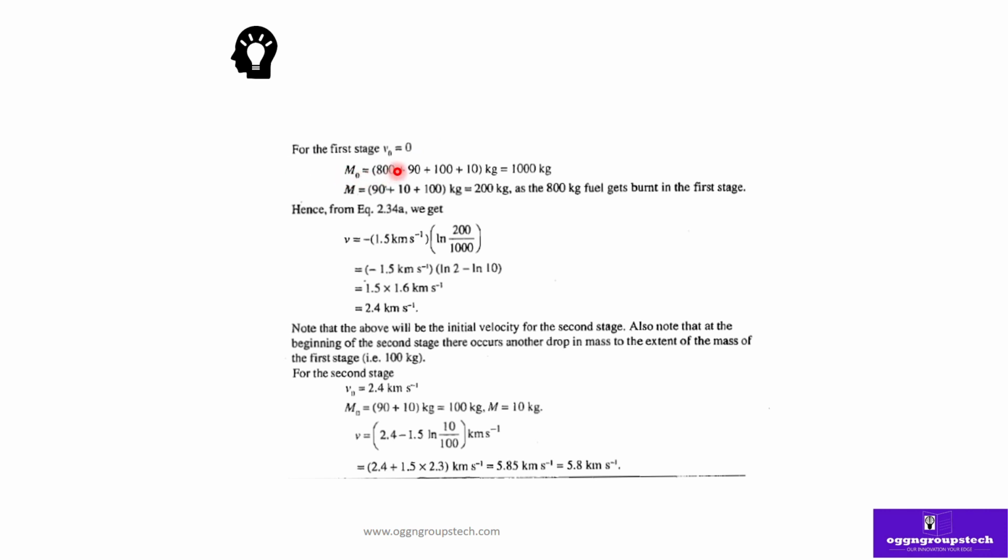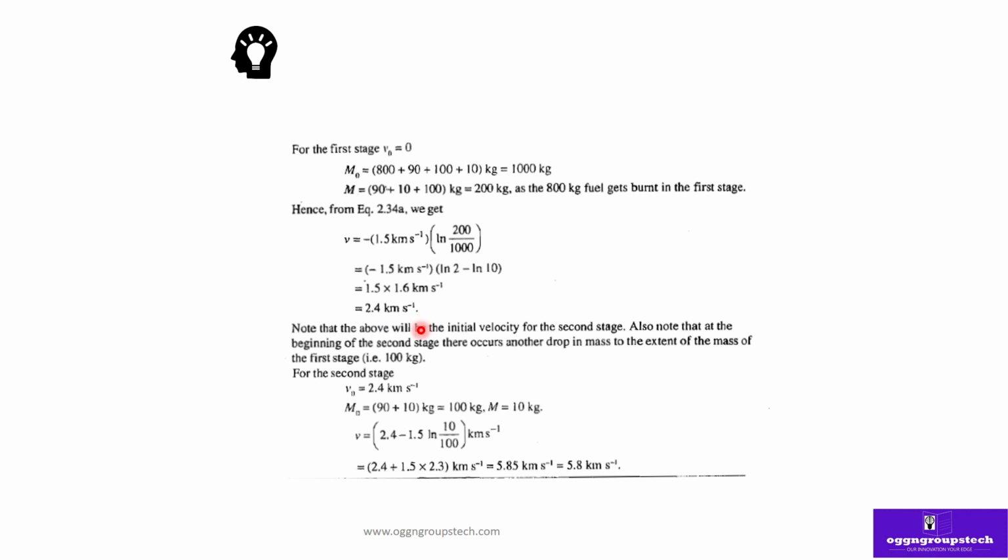so for the first stage, velocity v naught is equal to 0. So m naught is equal to 800 plus 90 plus 100 plus 10 kg, which is equal to 1000 kg. Here again m is equal to 90 plus 10 plus 100 kg, which is equal to 200 kg, as the 800 kg of fuel gets burnt in the first stage. As a result, our previous expression we can write as v is equal to minus 1.5 km per second ln of 200 upon 1000. So minus 1.5 km per second times ln 2 minus ln 10. So here this will be 1.5 into 1.6 km per second, which is equal to 2.4